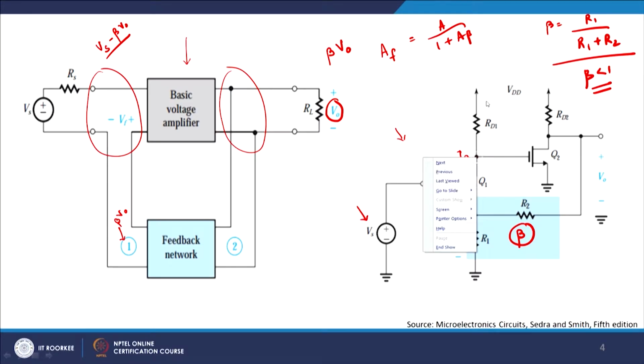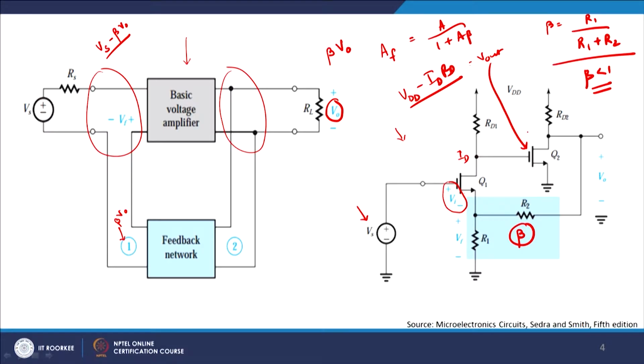This generates a voltage. How much voltage will be generated? It will be VDD minus ID RD, right, that will be V out. This V out will be fed where? It will be fed into the gate of Q2. This Q2 gate will generate a current here which is ID2,